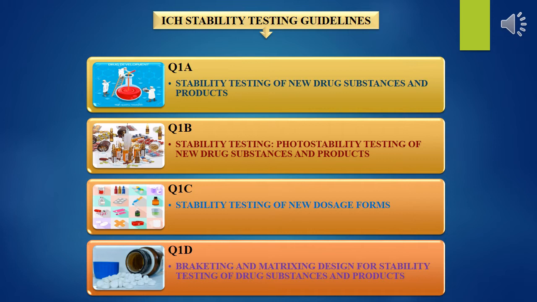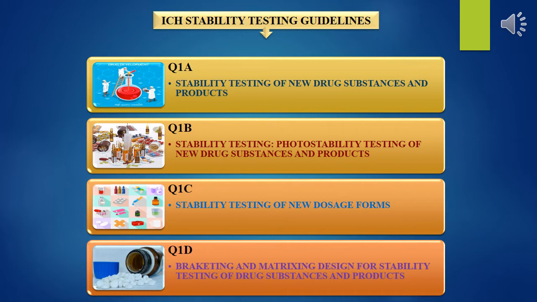Let's move on to ICH stability testing guidelines. Till now we have seen a brief overview of QSEM guidelines, and in that with a special emphasis on Q guidelines, that is quality guidelines, we have discussed from Q1 to Q12 what the series are. Now we'll move on to only stability testing guidelines. Under Q quality guidelines, we'll now discuss ICH stability testing guidelines. Stability testing of what? New drug substances and drug products.